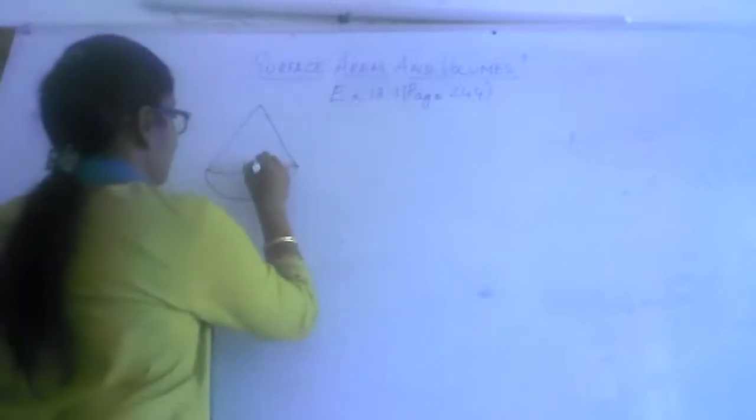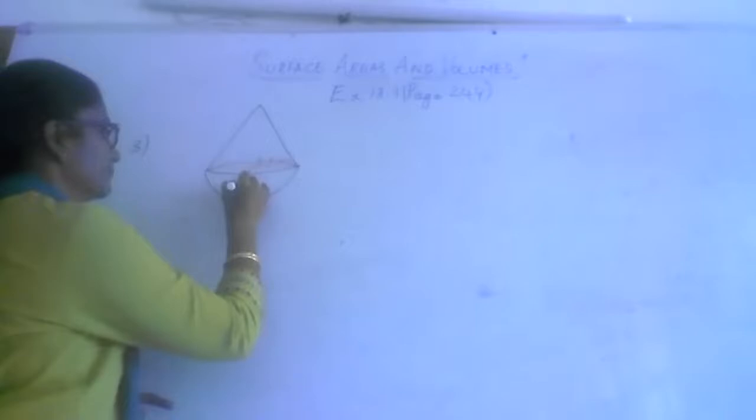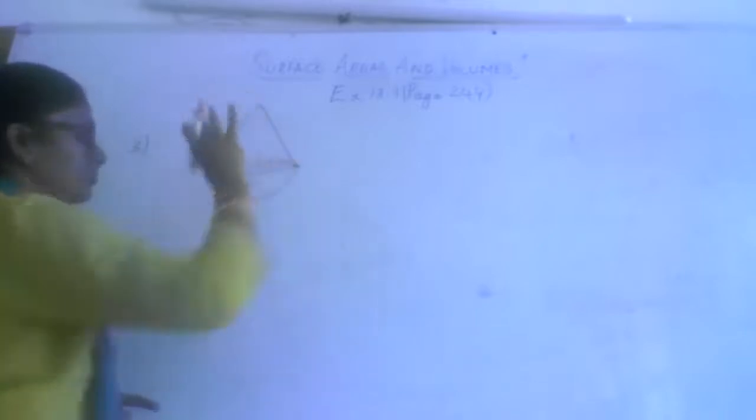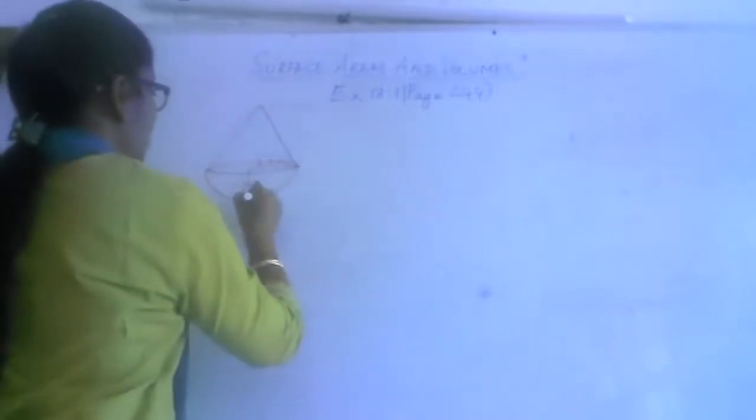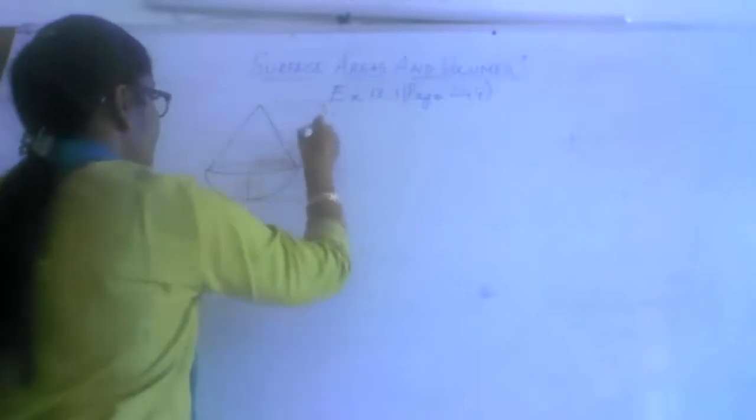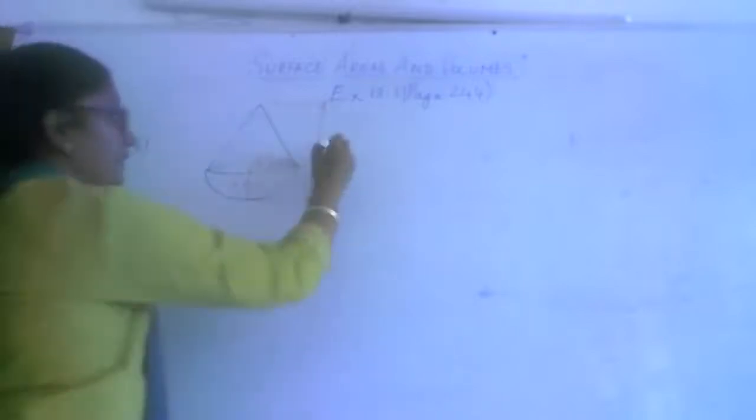Okay, so this is 3.5. Mounted on a hemisphere of the same radius. So this length is also 3.5. Is that clear? Because both their radii are the same. The total height of the toy starts from here and it goes on till here. This is the total height of the toy. That means from the vertex of the cone till the base of the hemisphere. That is given to be 15.5 centimeters.